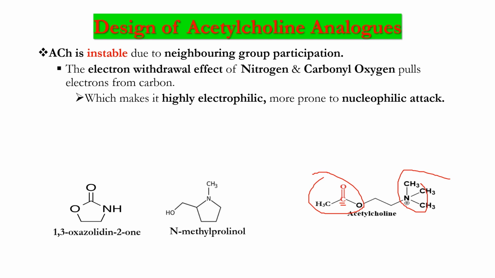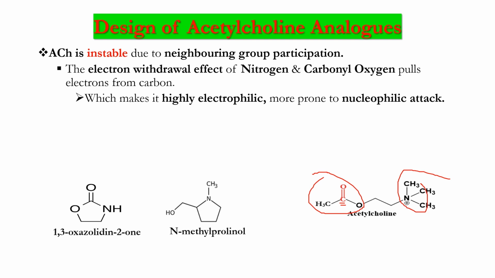Another part is bioisosteric replacement. The ester group is prone to hydrolysis by the enzyme acetylcholinesterase, so it's possible to replace it with more stable functional groups such as carbamate, which enable stability while retaining the activity. A very good example here is the carbamylcholine analogues. That is, carbachol and bethanechol are very good examples that make the molecule more stable and